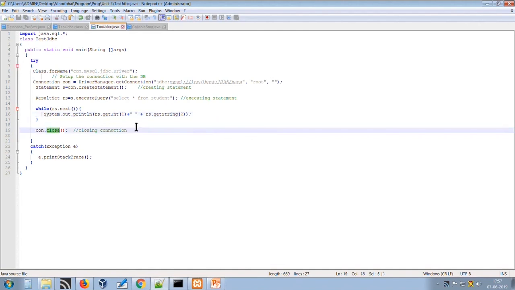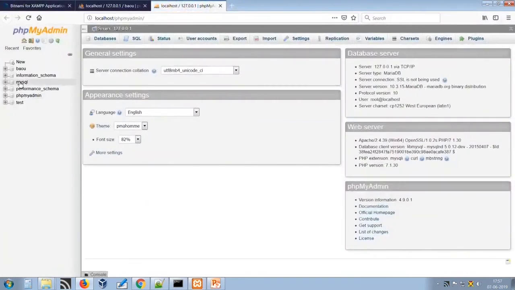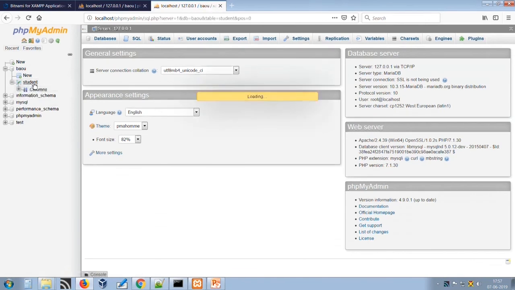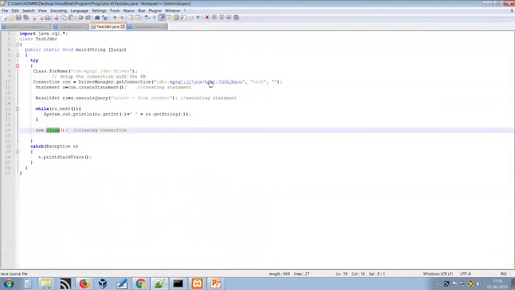So this is all about the Java application through which we created a JDBC connection. But at the opposite end, let us see in the database what we have done. This is MySQL. Here we have created this database BAOU. Under this BAOU database we have a table named student. Under student we have two fields, S number and S name, and for testing purposes we have already inserted 4 records, including duplicates. So now we are just establishing the connection with BAOU and firing the query on this student table